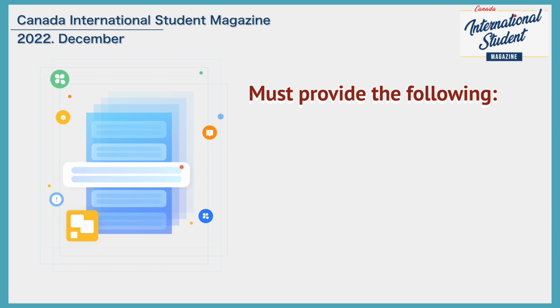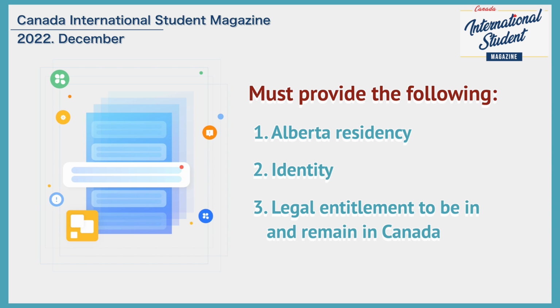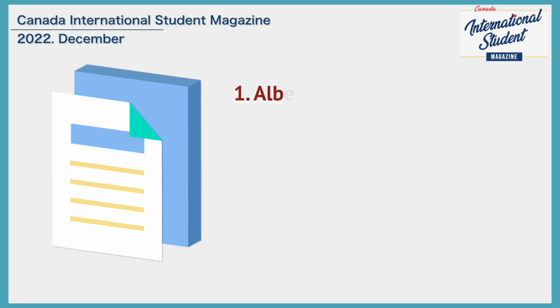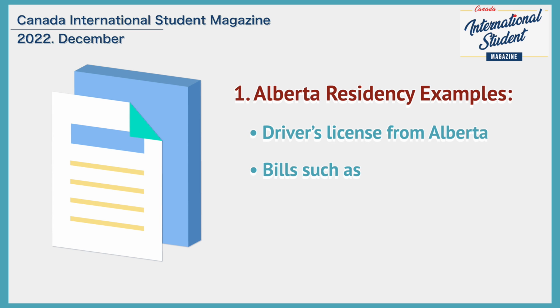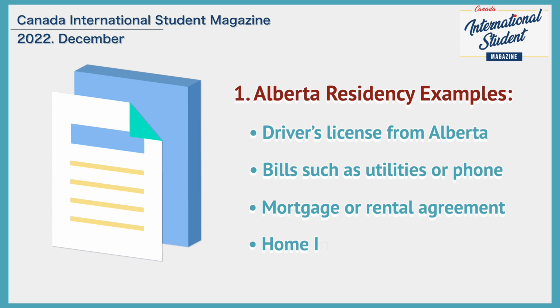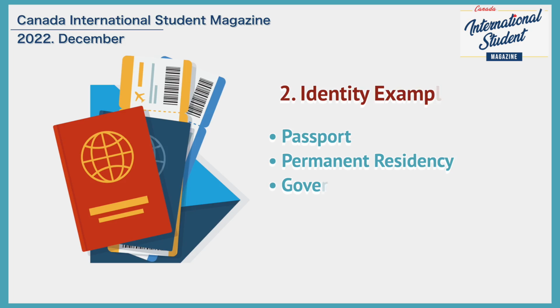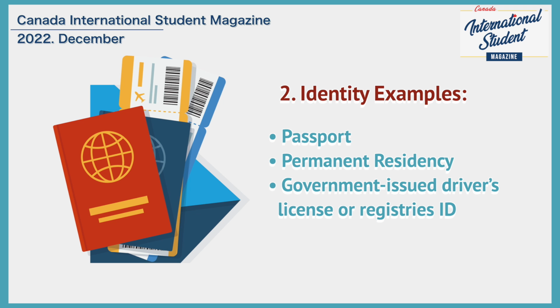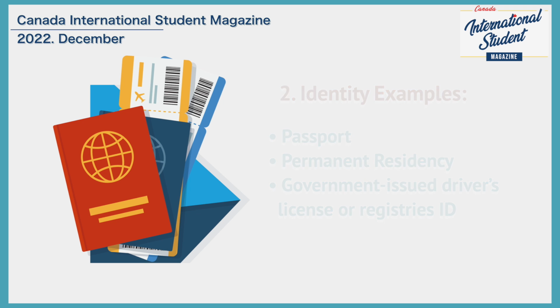When you apply for the healthcare plan in Alberta, you must provide the following documents that prove Alberta residency, identity, and legal entitlement to be in and remain in Canada. Let's talk a little bit more about Alberta residency, which includes the following: driver's license from Alberta, bills such as utilities or phone bills, mortgage or rental agreements, home insurance. For identity documents, it includes these following examples too. For legal entitlement to be in Canada, you can provide the following: